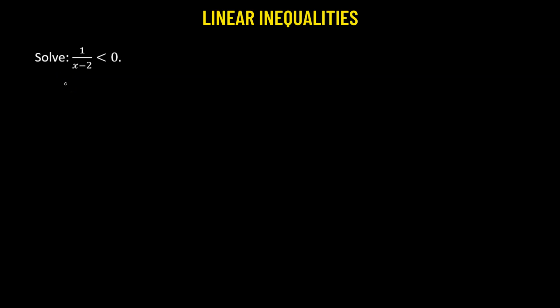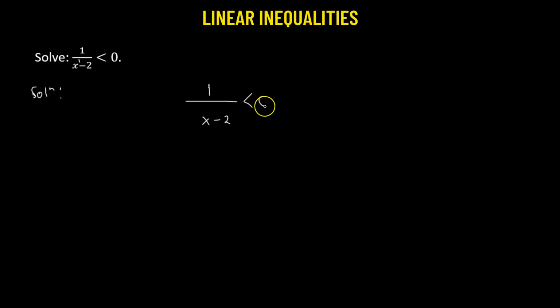Let's solve the following linear inequality. So this is a linear inequality because we have an inequality symbol, less than, involved here, and also linear because we have a variable x with the highest degree of 1. Let's begin. So here in this problem, we are given that we have 1 over x minus 2, and this